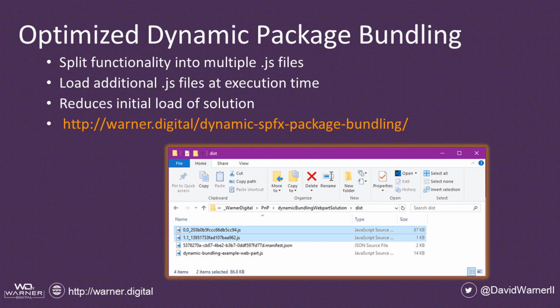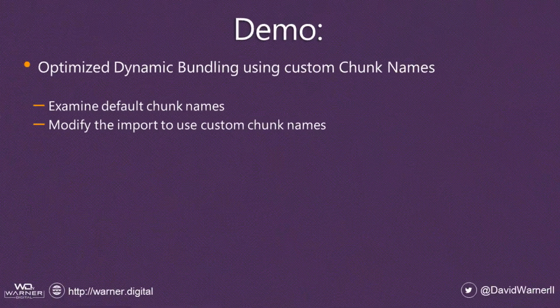Although these separate files are oddly named, and they're not the most easy to read. Imagine if you had included multiple libraries, such as jQuery, PnP.js, and Moment.js. And if we dynamically bundled all three of them, they would each receive a unique numeric name like we see there in the screenshot, which would make it very hard to debug and understand which file represented which library. This is exactly where a Webpack feature called Webpack Chunk Name allows us to customize the name of those JavaScript bundles. So let's jump over into VS Code and look at a demo of how we can customize those chunk